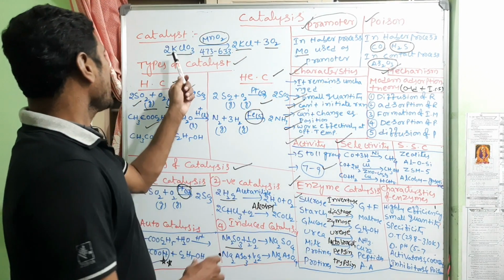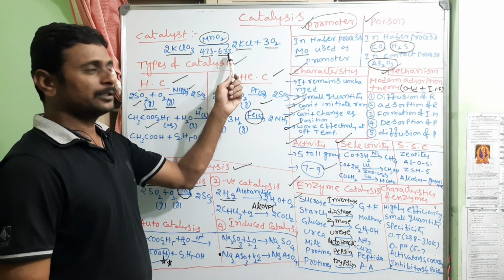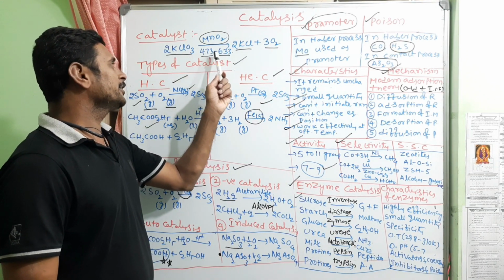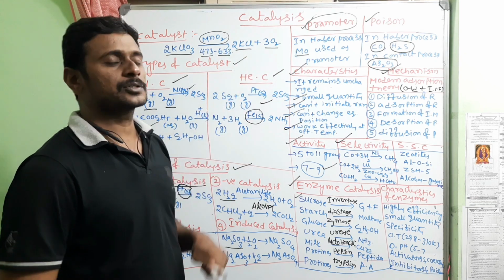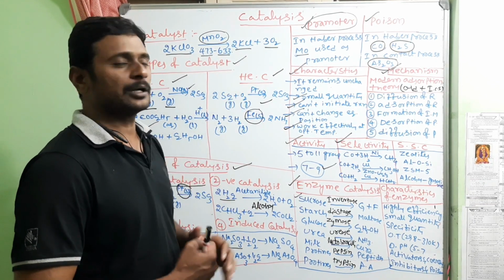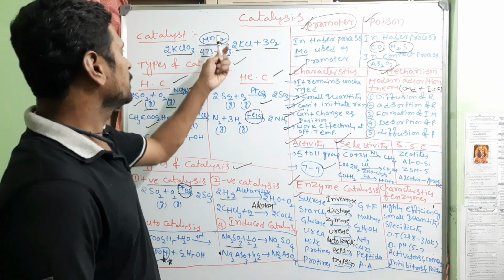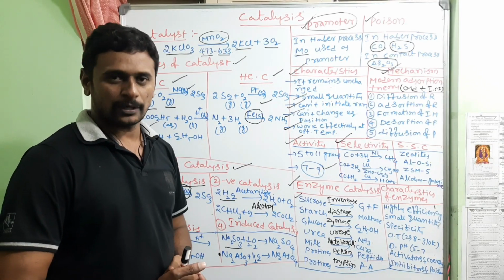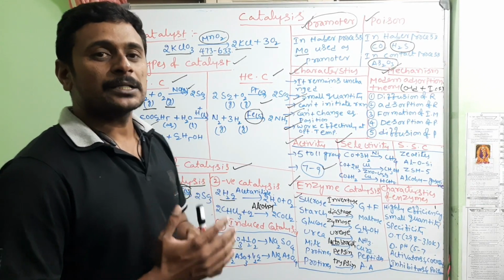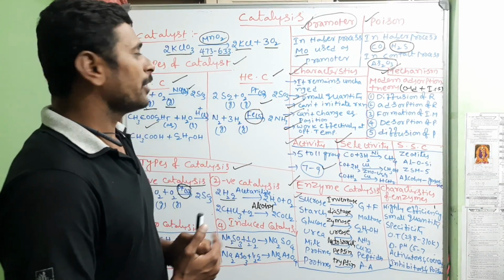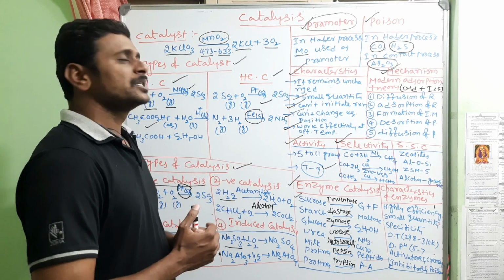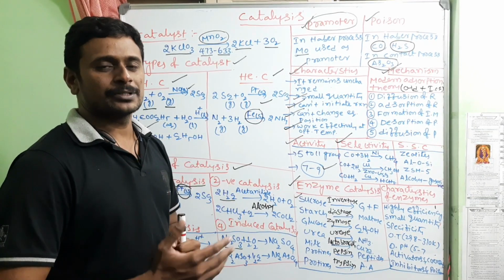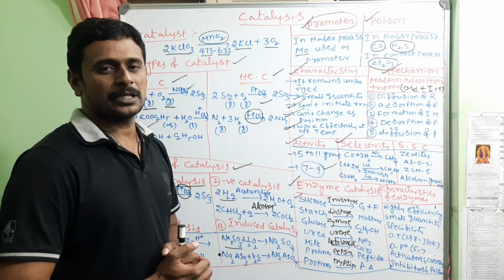For example, potassium chlorate on heating around 473 Kelvin gives 2 KCl and 3 O2, potassium chloride and oxygen. Here MnO2 is used as catalyst. But in the presence of MnO2, we should maintain a high temperature around 650 Kelvin to 800 Kelvin to